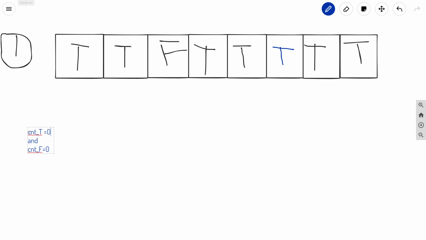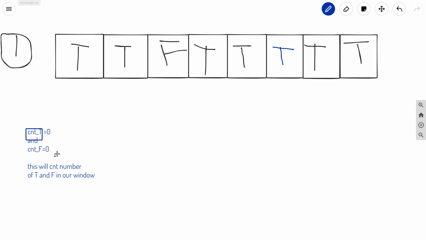This will count the number of t and f in our sub array, or in our window.